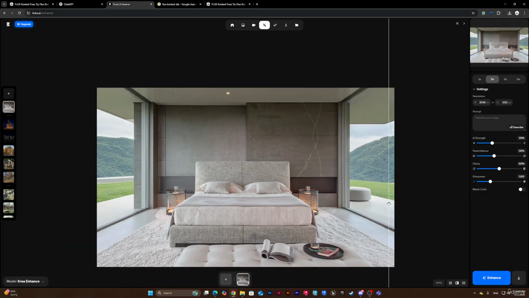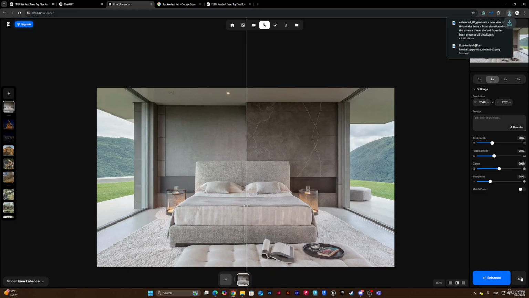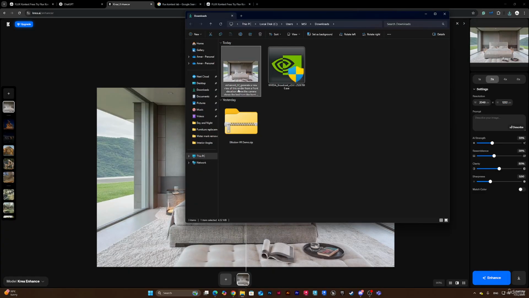There you go. So now the result is much better here. This one looks pixelated compared to the new one, even the greenery. Look at the greenery here. It's really awesome, guys. I even love the rug, the details. It's really cool. Really, really cool. So now I can consider that this is the final output image, for example, for the one that is generated from Flux. So I can take the edited one from Flux, put it in Krea, and now I can download my rendering, and